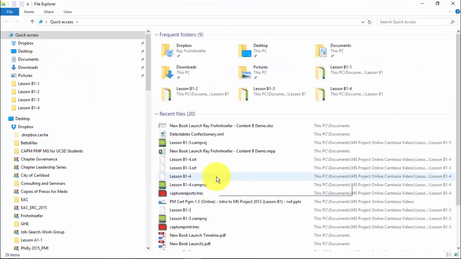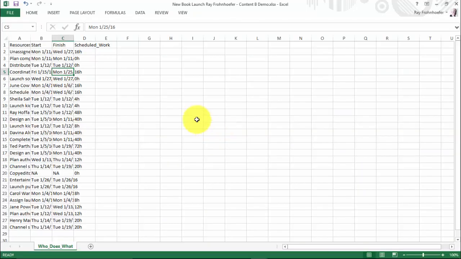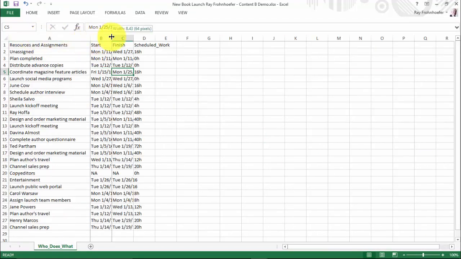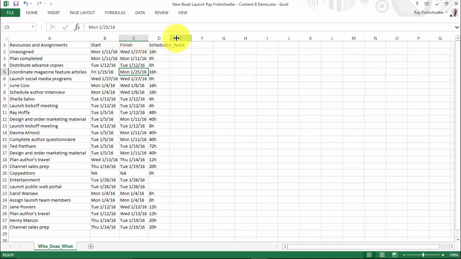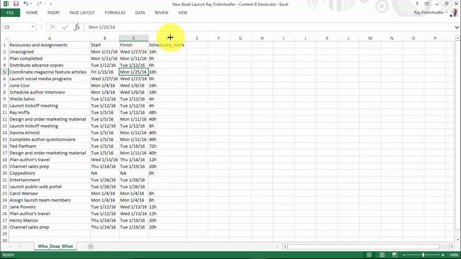So I'll come to my documents. You'll see I have a recent file right here. I'll open it up. And you can see I have resources and assignments.